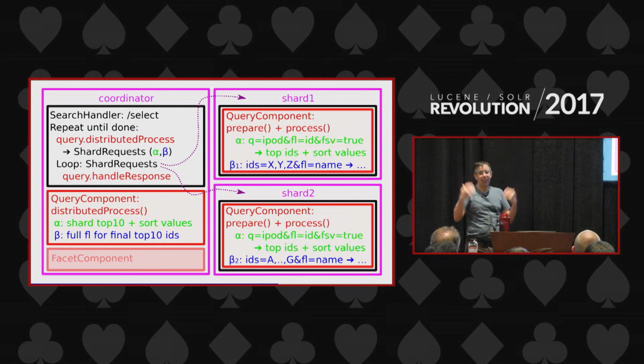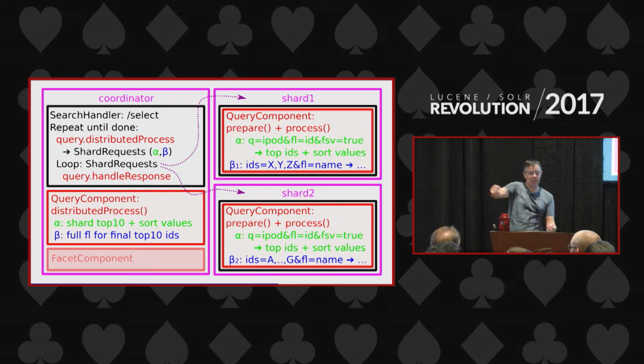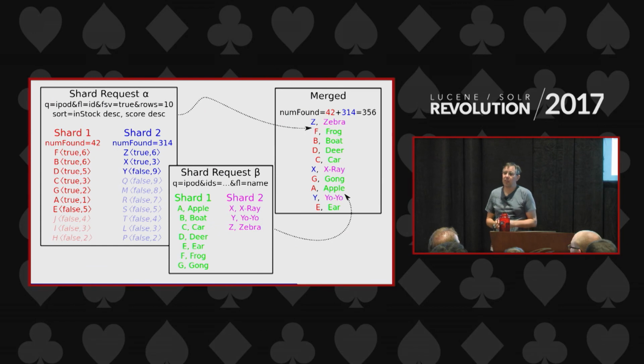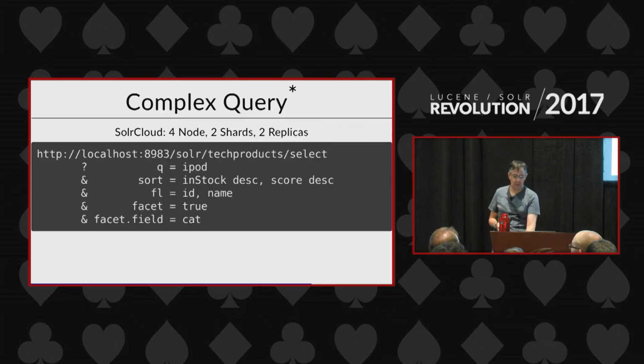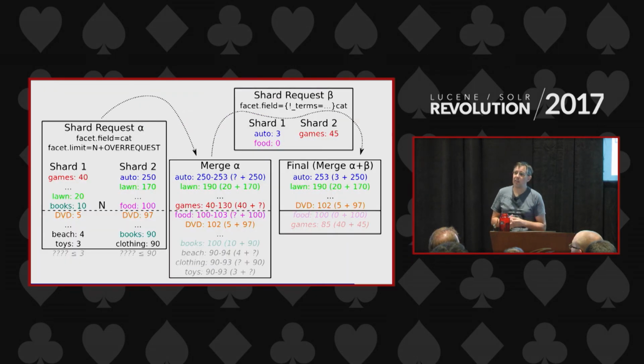The lights are bright. Yes, last question. So on the next slide, when it requests facet, once the alpha step is done, when it knows that Facet, you said, right? Yeah, facet. Alpha step knows that I'm missing values for certain values. So will it go and ask every shard? No,